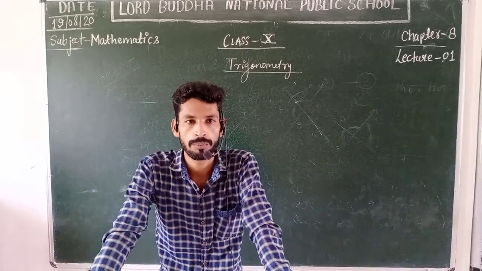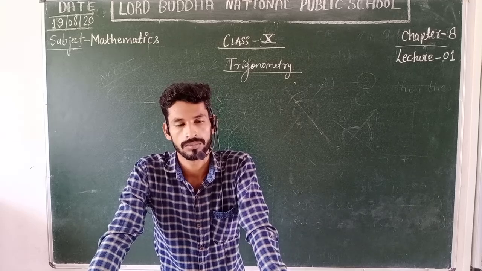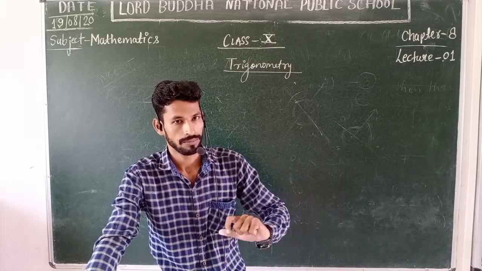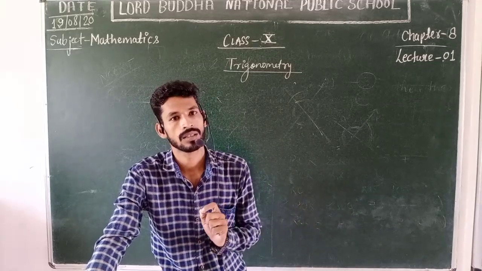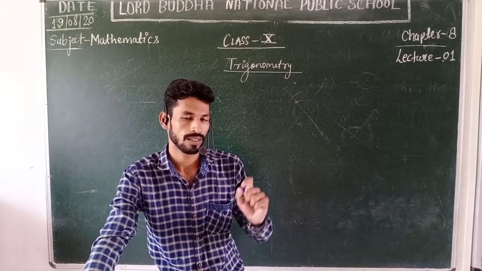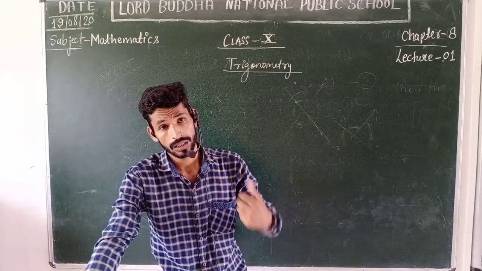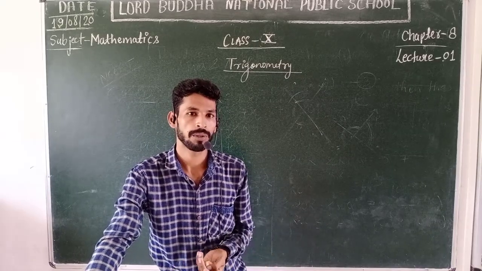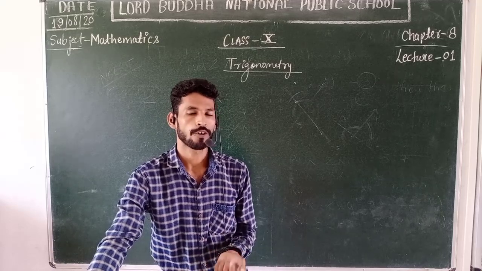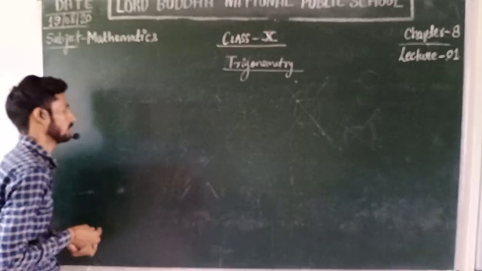When we are going to solve problems like height and distance, suppose that there is a pole which has some height and is located a few metres away from us. So we can say that there is a ratio of the height of the pole and the distance between the pole and us. To solve this type of problem, we need to know the trigonometric ratios like sin x, cos x, tan x, and so on.